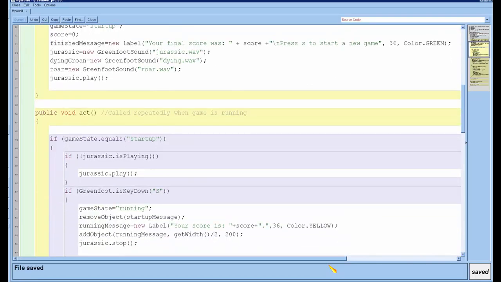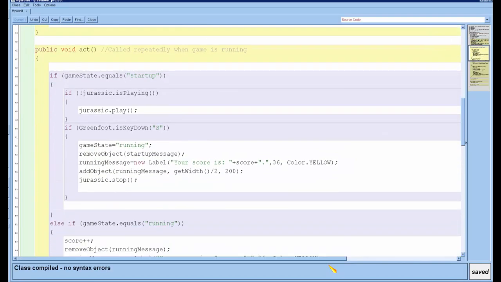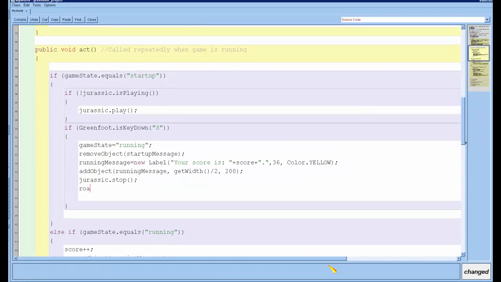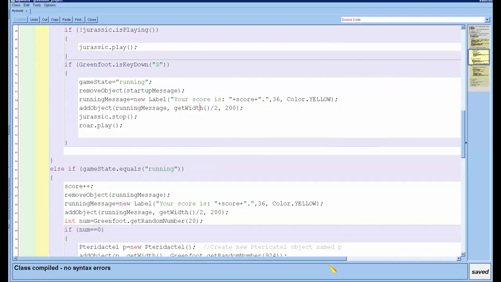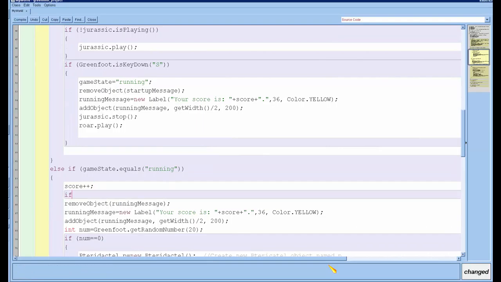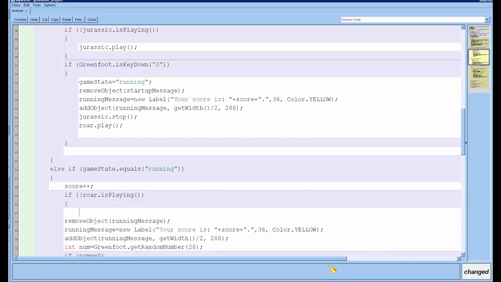Now when I go down to the act method, I say roar.play. And then when the game is running, I say if not roar.isPlaying, roar.play.